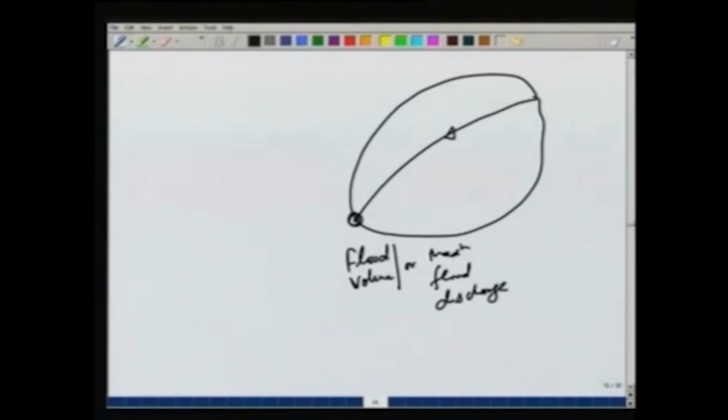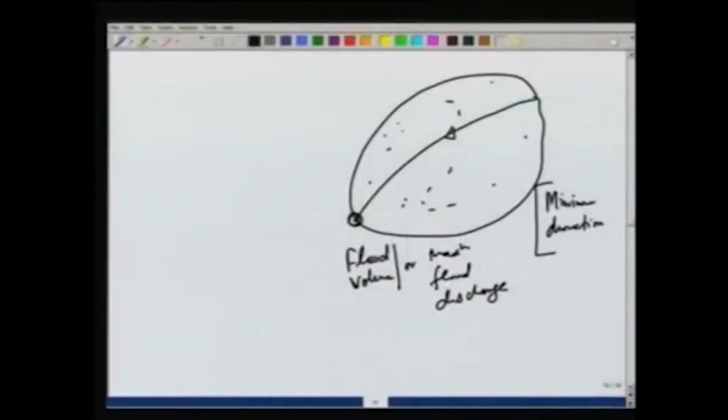Typically what we would like to do is have a storm over this area which will cause the maximum runoff at this point. And for that purpose, as we have seen, the intensity will decrease with the duration. So, we want a minimum duration and we do not want a duration which is very small also, because then the entire area of the catchment